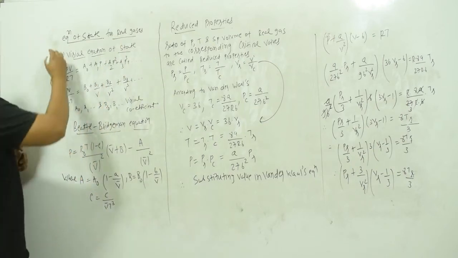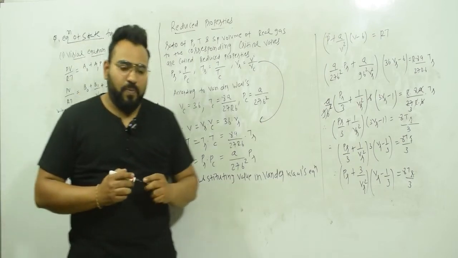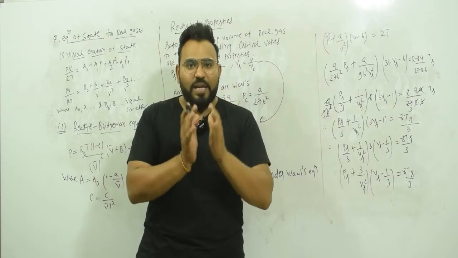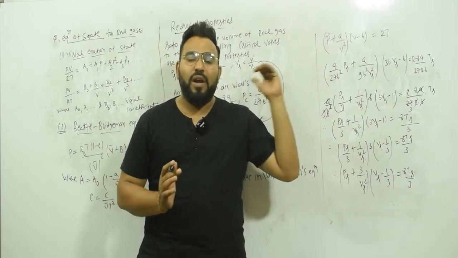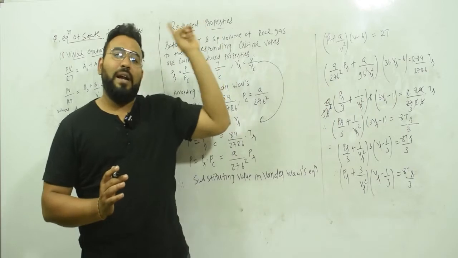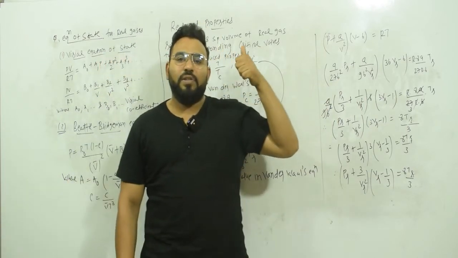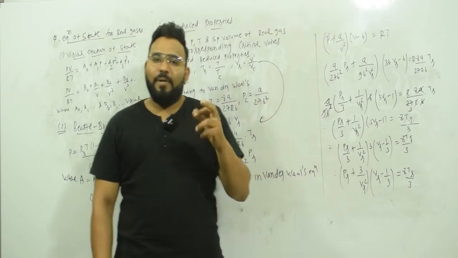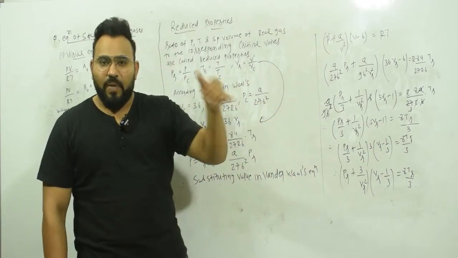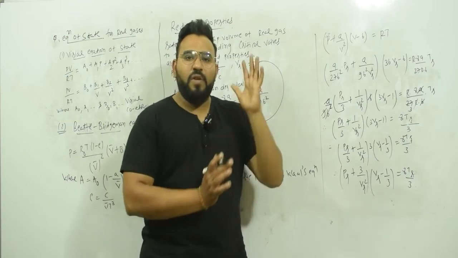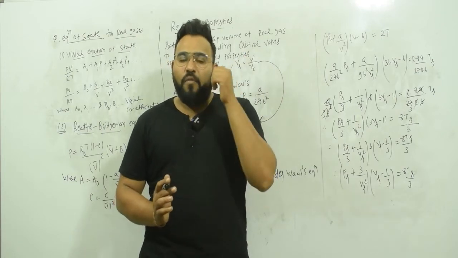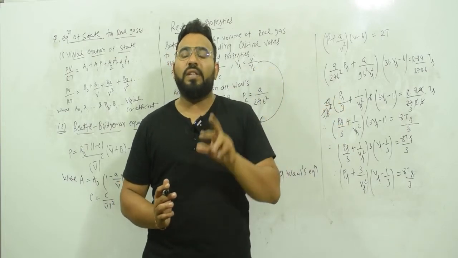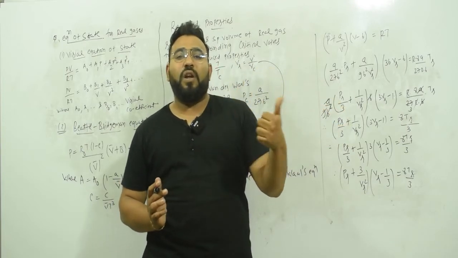Because in the last video we derived the van der Waals equation, which is used as the equation of state for real gases. Also in the previous video we derived the equation of state for ideal or perfect gases. For ideal and perfect gases we know that PV equals nRT. Now when it comes to real gases we use the van der Waals equation, but it is not the only equation. There are two other equations that can be used for the equation of state for real gases.